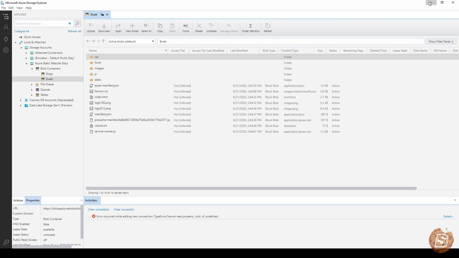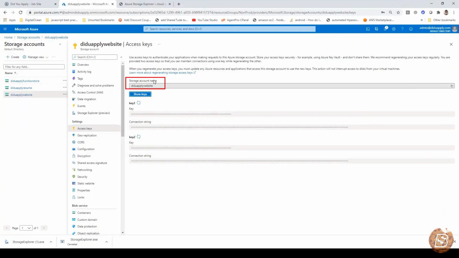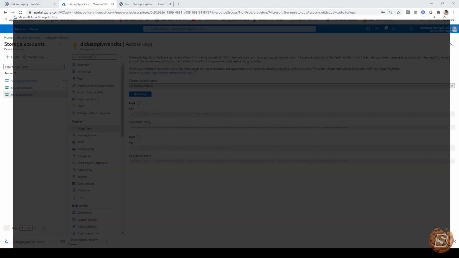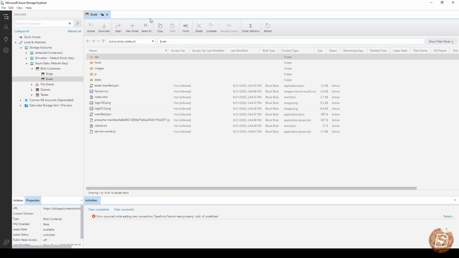Remember, once you are asked to connect, you need to provide two things. The first is the storage account name, and then the other one is the key, which you can get from this setting, access keys. You just need to click on show keys value to get your own keys, and then you just provide it in the storage explorer that we have over here, and you'll be able to deploy